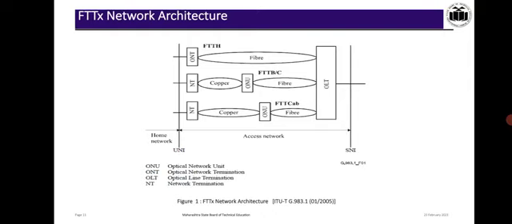The second, OLT to the fiber, fiber to the ONU, that is the optical network unit, and then through the copper wires and transmitted to the network termination. Similarly, in the third configuration, that is the FTTB cabinet, from the OLT, the signal is transmitted through fiber to ONU, ONU to copper wires, and copper wires to the network termination.